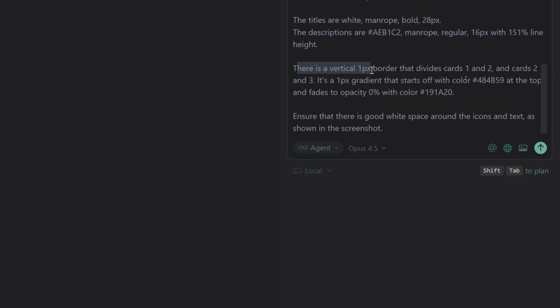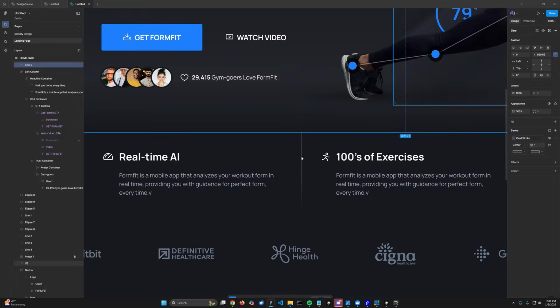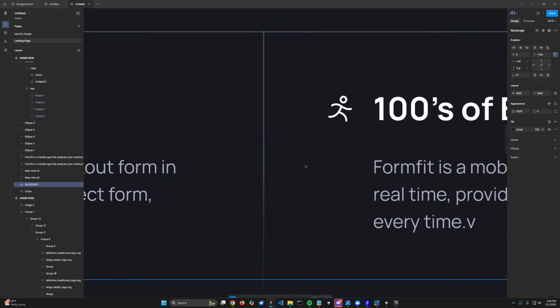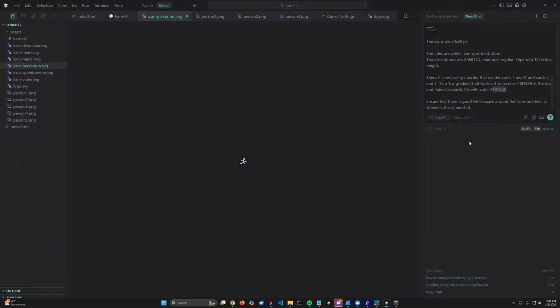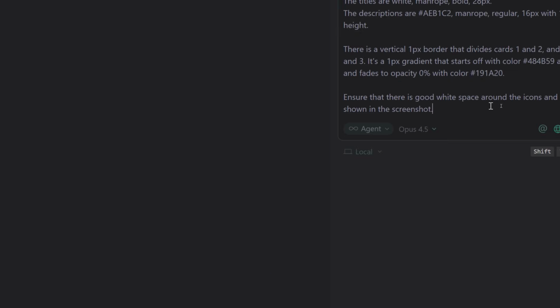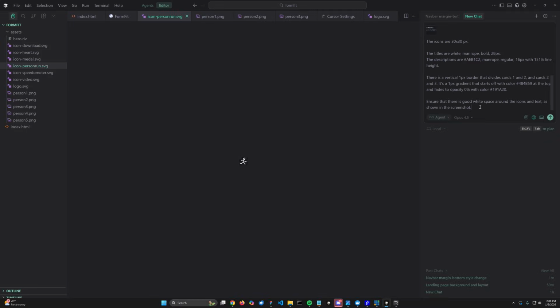There is a vertical 1 pixel border that divides cards 1 and 2 and cards 2 and 3. It's a 1 pixel gradient that starts off with color right there at the top, and it fades to opacity 0 with this color code. And again, just to go back, that shows you it's this thing right here that fades from here and then off in the distance. So let's go back. And then ensure that there's good white space around the icons and the text as shown in the screenshot. Now, I could have been real specific and told it what to use, but we'll see what it does itself